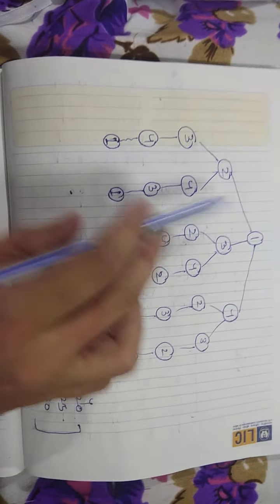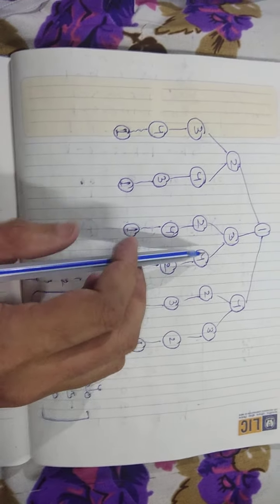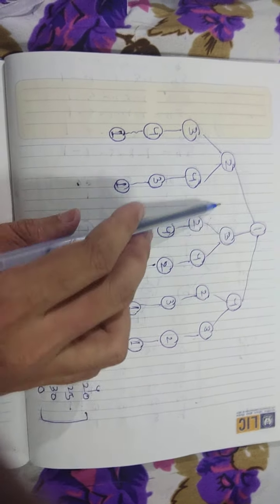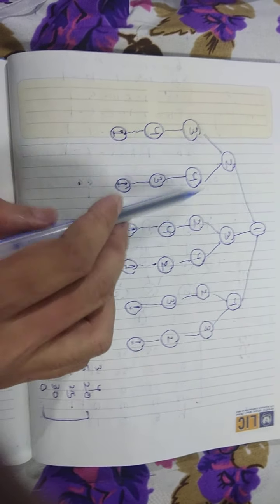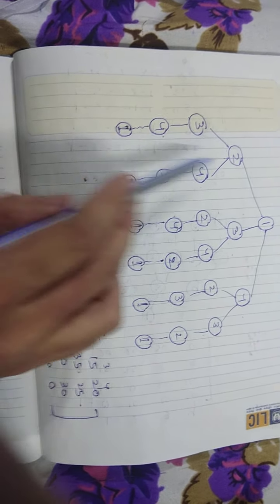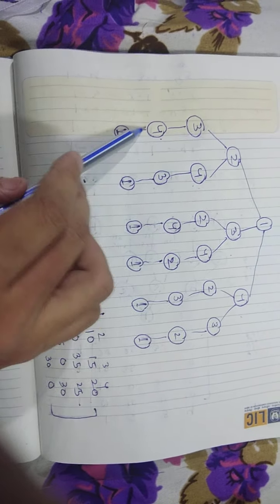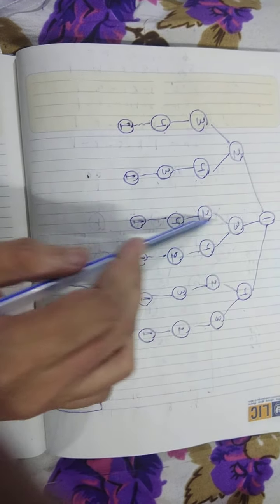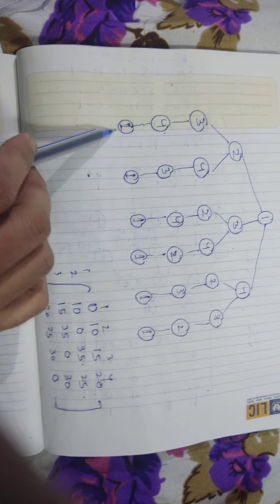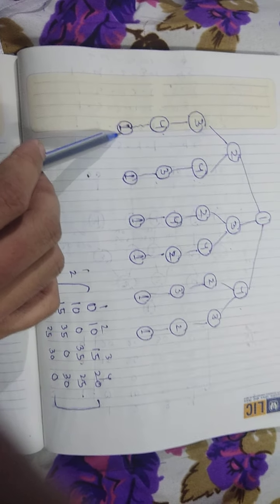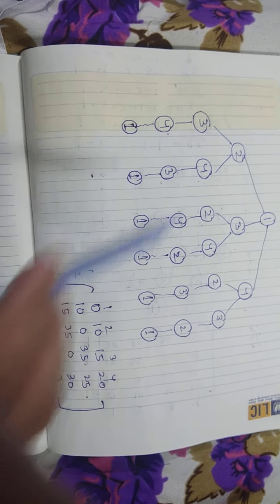So this is your possible path matrix, which we already discussed. If you start at the root, the possible next vertices are 2, 3, 4, again 3, 4, then 3 to 4, then 4 to 3: 1 2 3 4, or 1 2 4 3. In this way you have to cover all, and at the end you have to reach the starting vertex again. The starting and ending vertices are the same. So this is your adjacency matrix.